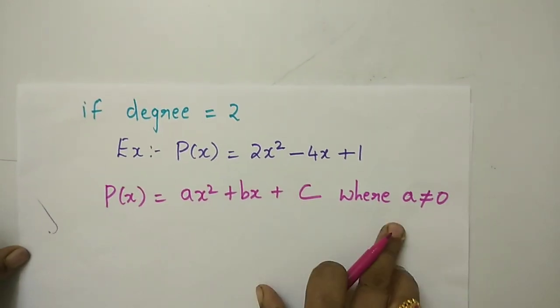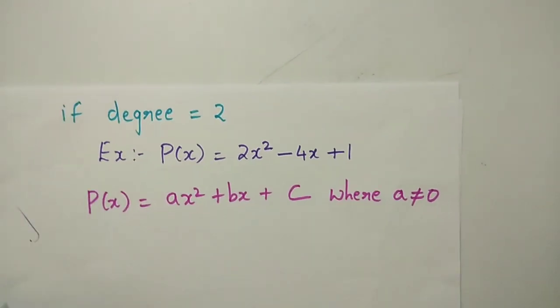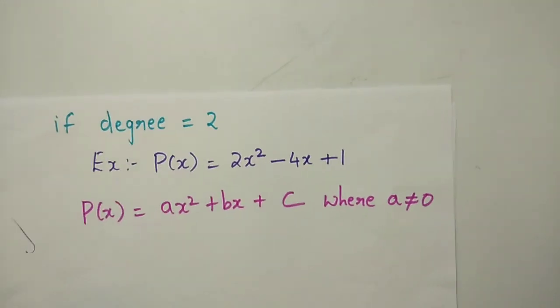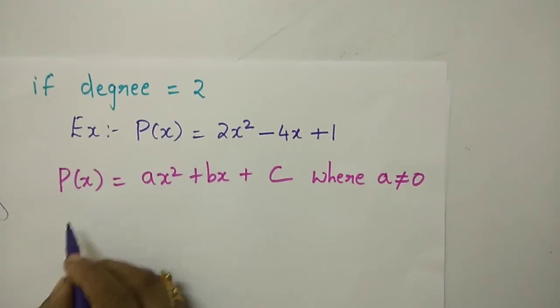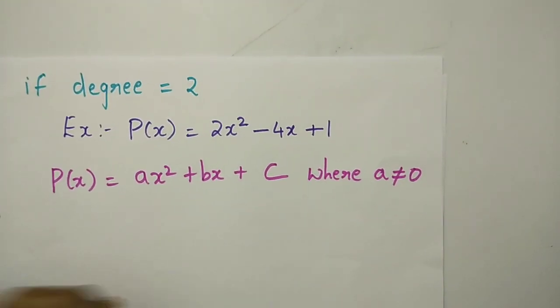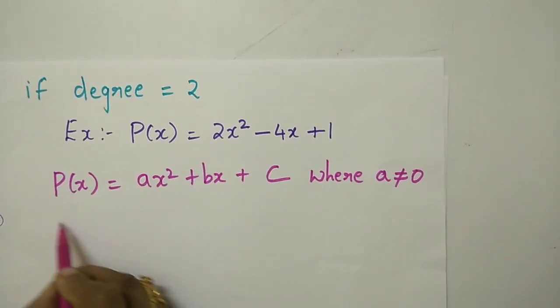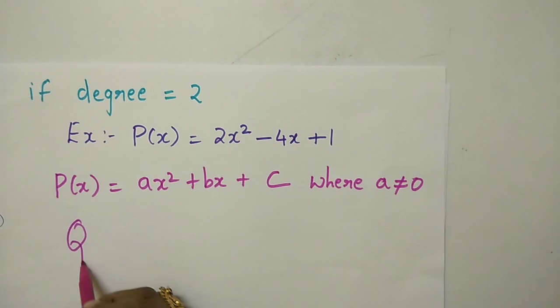So we have stated P of x is equal to ax square plus bx plus c, where a not equal to 0. Then the algebraic expression of this polynomial is called